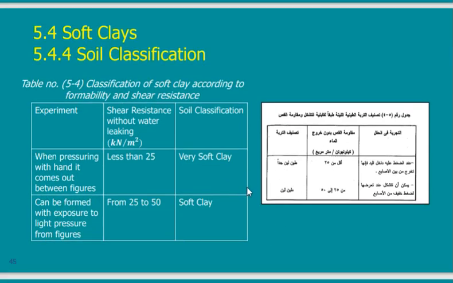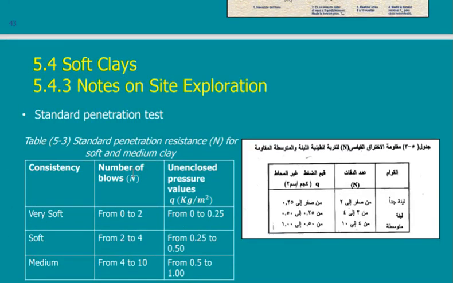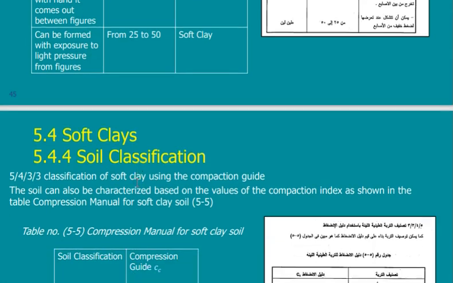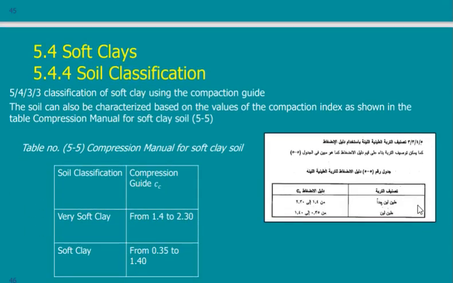Based on this, I can use tables given in the code to decide that it is very soft clay or soft clay based on the shearing resistance or based on the number of blows that I have counted. Also, there is another one, CC, the compression index. It's another test that is done